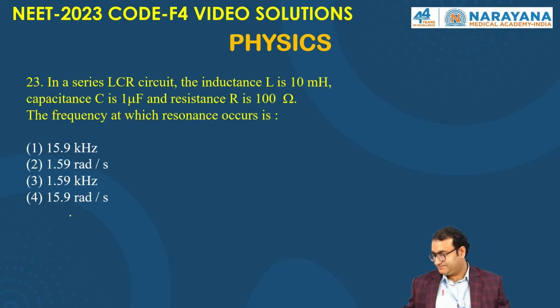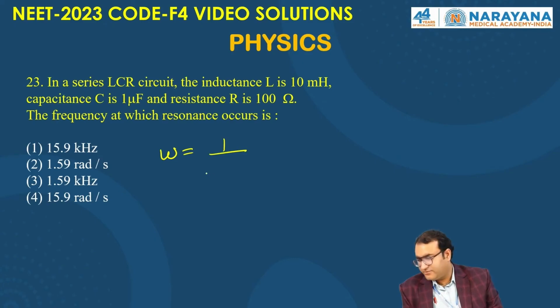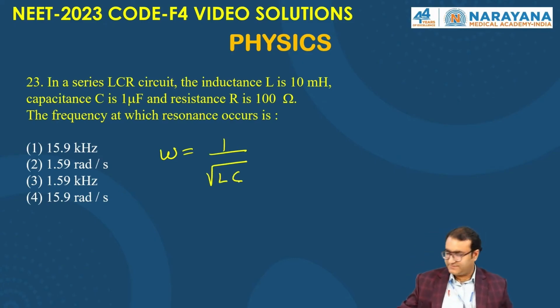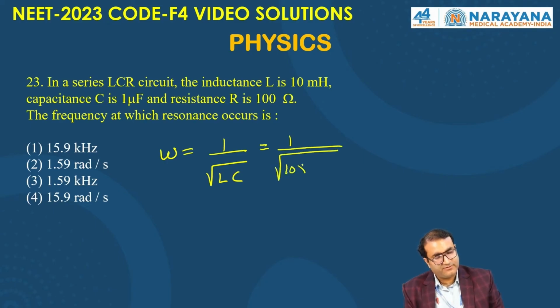Question number 23. Here in 23, as you go through the options, some options are in kilohertz and some are in radians per second. So when it is radians per second, find omega. If it is kilohertz, then find frequency. So the frequency at which resonance occurs, omega, we have a formula, it is 1 by under root of LC. L is given to us. L is 10 millihenry. So 1 by under root of 10 into 10 power minus 3